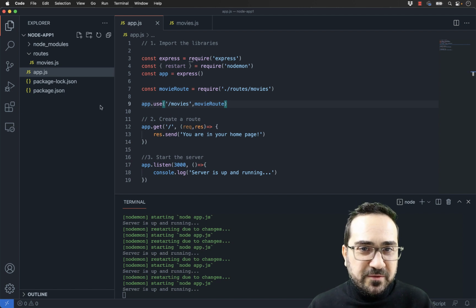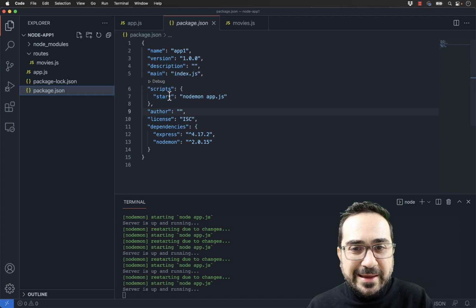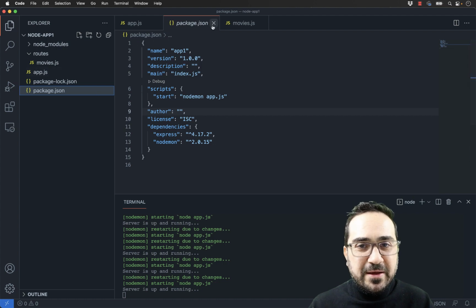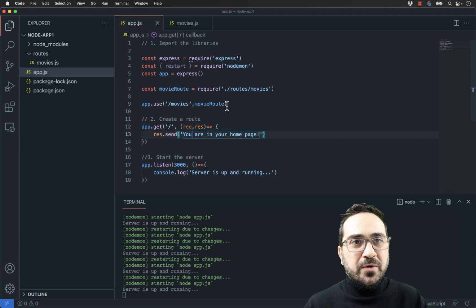And just to remind you, the Nodemon tool is here in the package. And we say, here, whenever we have start, I run the Nodemon. All right. Just let me close this. I don't need it. And just go back to my app.js. Here I just created a root, I call it movie root, and I say use this movie.